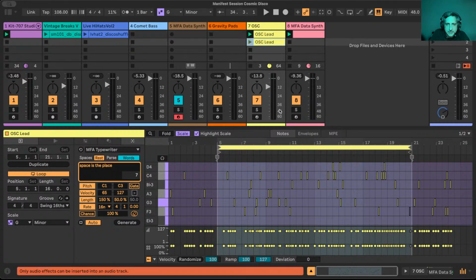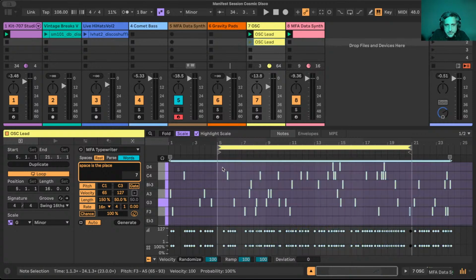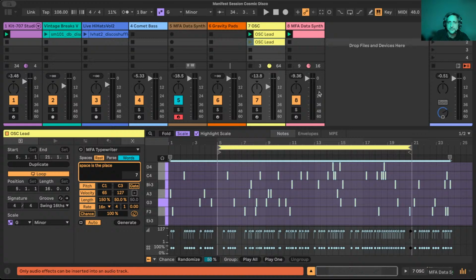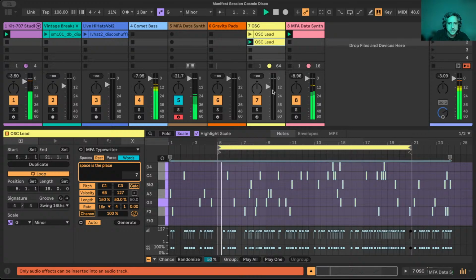But what I'm going to do is leave that one in place so we can go back to it. And then in this lead here, just this duplicated version, Command D, I'm just going to select everything and, with the Command key held, drag the velocities down, impose some deviation, make it a little more lively, and do the same with the chants, setting them all to about 74%, I suppose. And that's just to make it